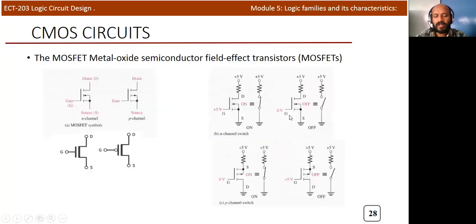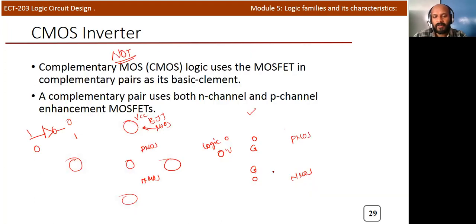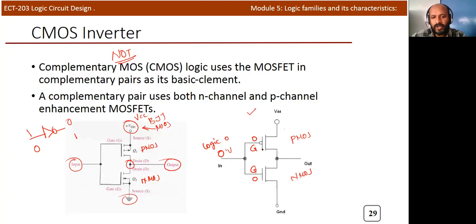If it is a PMOS transistor and the input voltage is 0, the transistor will be in the on condition. Based on that idea, we know the upper transistor will be on, because at the gate terminal it sees 0. The lower portion is an NMOS transistor, and its gate terminal is connected to 0 volts, which means this transistor will be in the off condition. There is no conduction.